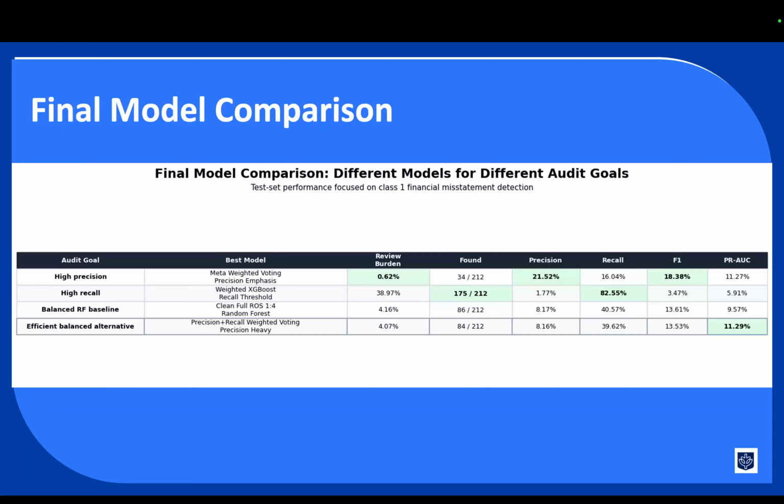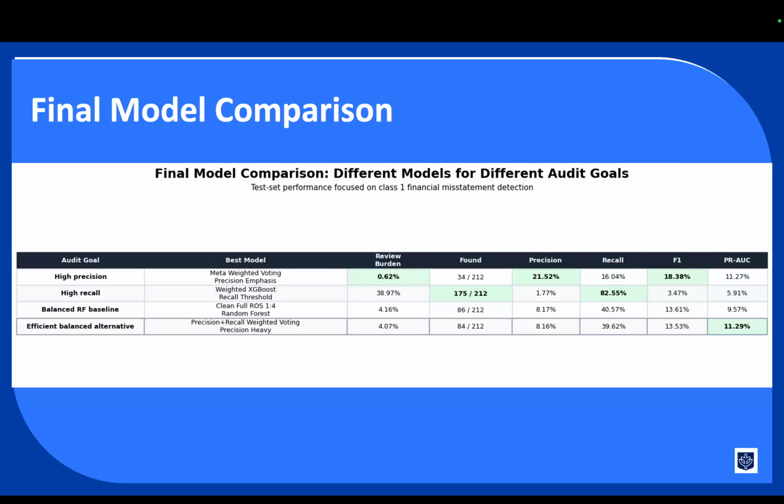The efficient balance alternative was a precision and recall weighted voting model with precision heavy weighting. The model had the highest PR area under the curve in the comparison at 11.29% while keeping review burden around 4%. It found 84 misstatements and achieved a precision of 8.16%.